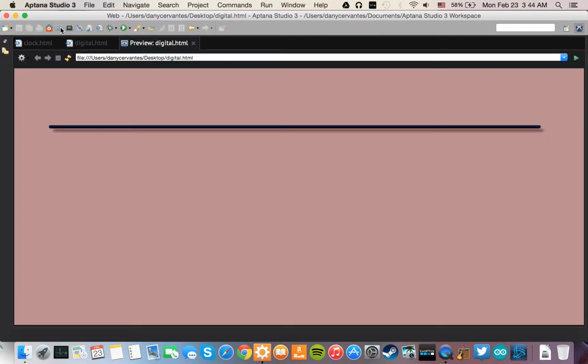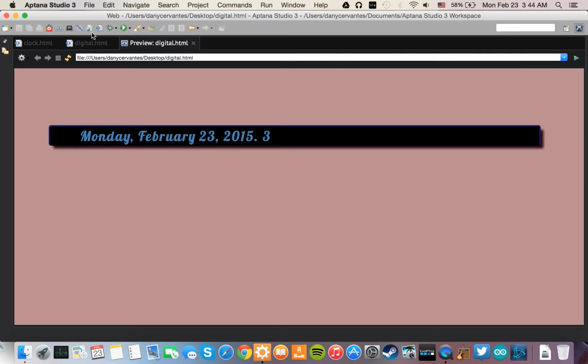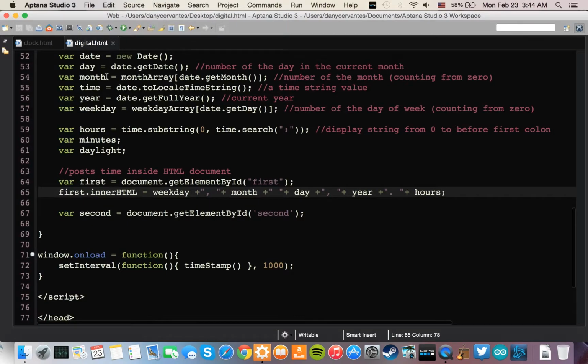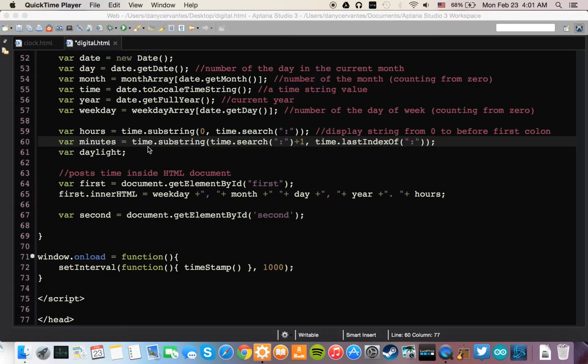Save it. And that's what it looks like. To the minutes variable, I have assigned the value of time.substring(time.search(":")+1, time.lastIndexOf(":"));